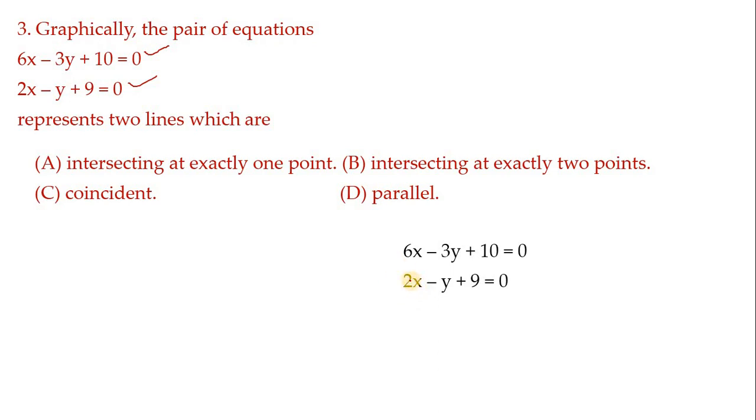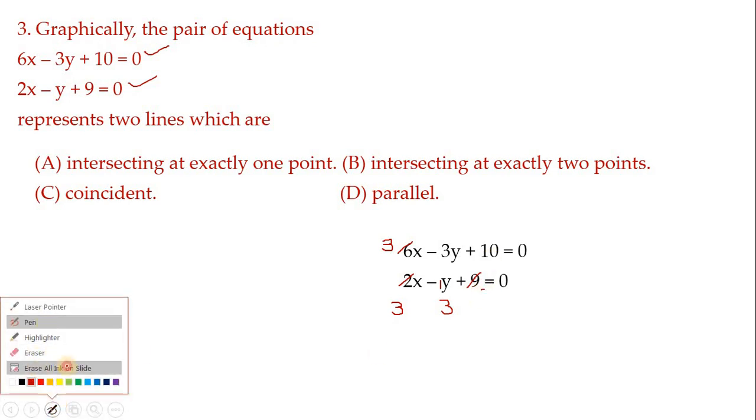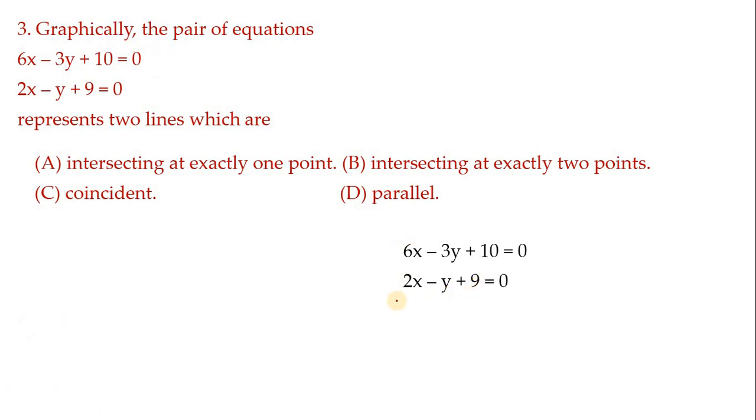So for that we have to divide here. So 2 ones and 2 threes. So for this we are getting 3, and here also we will get 3. 9 and 10 cannot be cancelled by any table, children. So here we got 3, and here we have got 3, which means these two are equal, and this 3 is not equal to the ratio of 10 by 9.